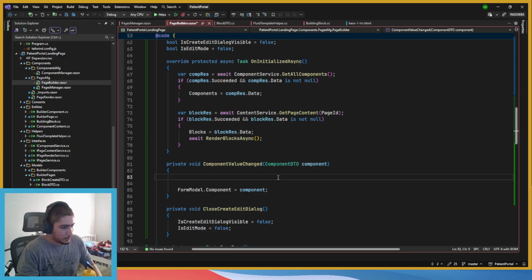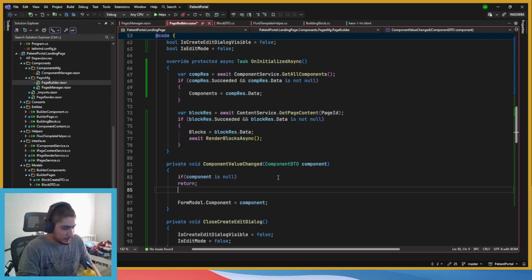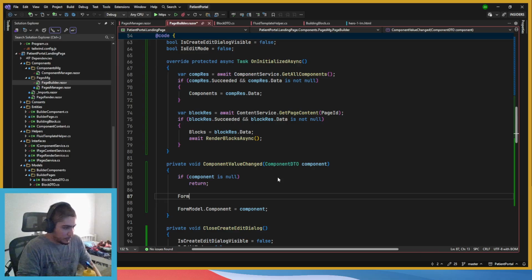But before that, we can do a check if component is null, then we return and stuff like that, just to keep our asses safe, if I say so. And then for model dot content, you're gonna empty it first, and then create a new dictionary.